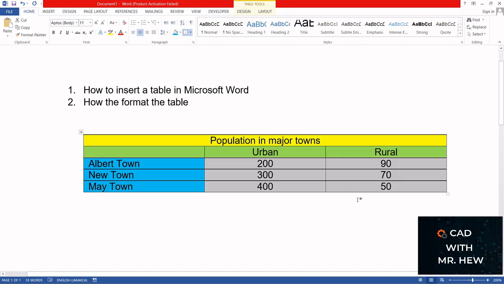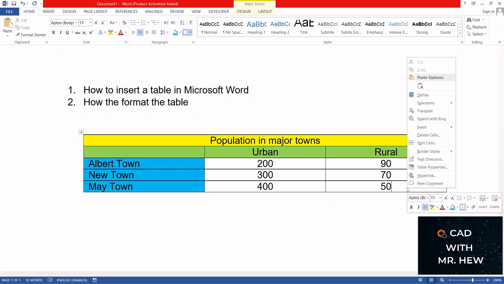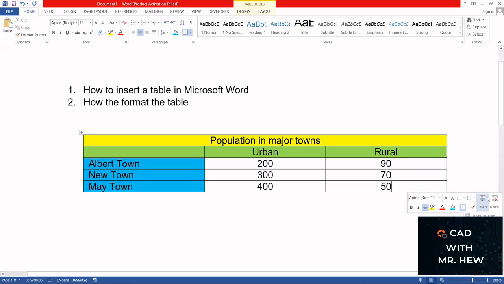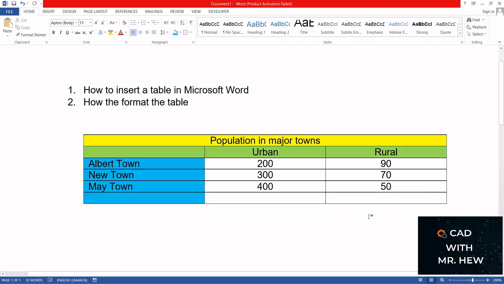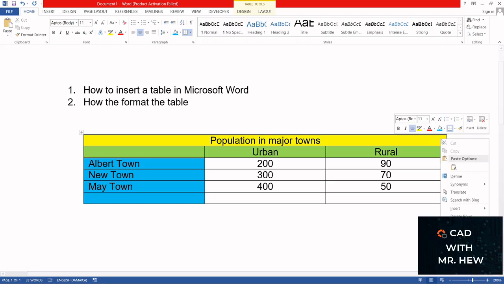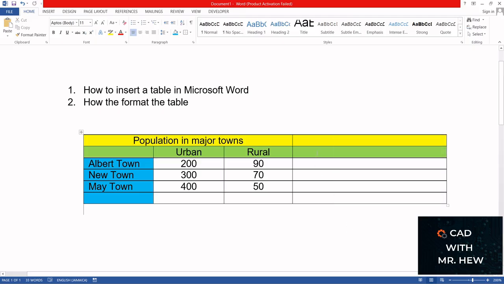Just like that, right? Now, if you want to add another row, what you would do, you can click here, then you right click, and here it is, insert, you can insert a row, right? So a row below, okay? If you wanted to insert a column to the right, you would right click, insert columns to the right, and this is how you would do it, right? So maybe you could put here